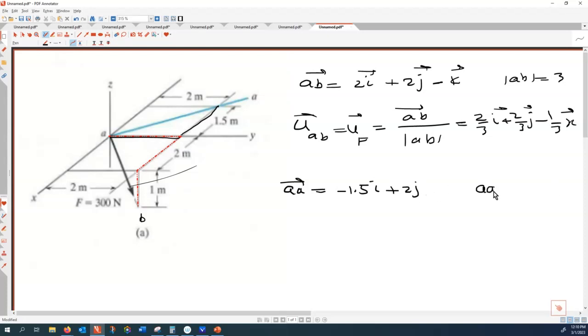So what is the magnitude of AA? That's the square root of 1.5 squared plus 4. Yes, 2.5. So therefore, the unit vector of AA, that is